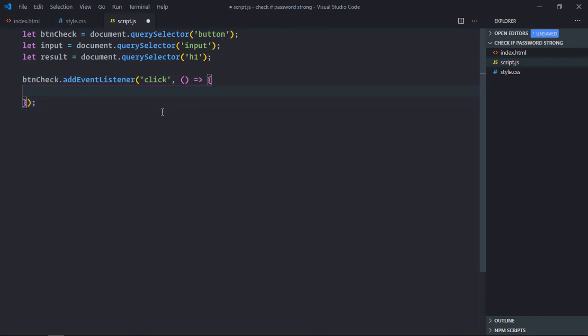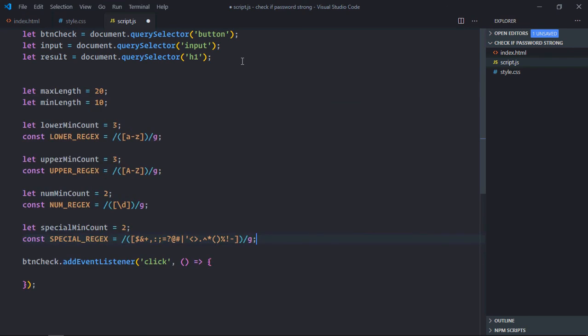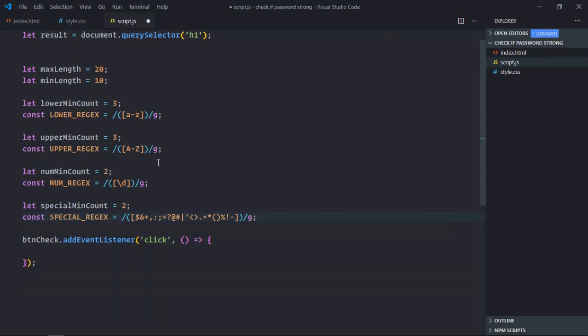Now a password should meet certain conditions before we consider it as a strong password. Let me copy and paste those conditions here. So these are the conditions which a password should meet. Let's go through them. So first condition is the length of the password should be 20 characters max. Minimum it should be 10.